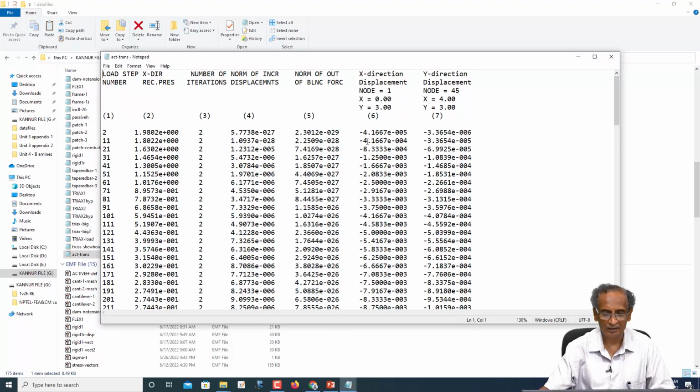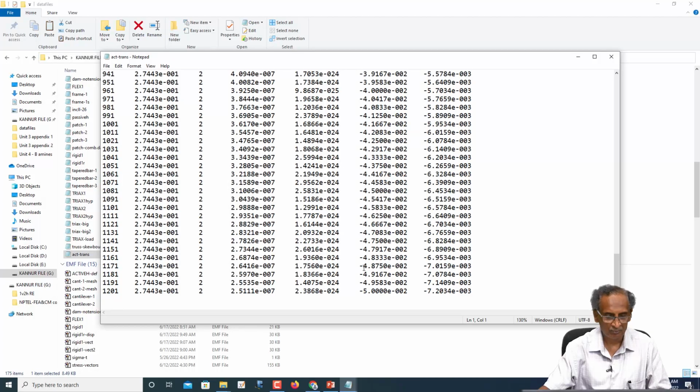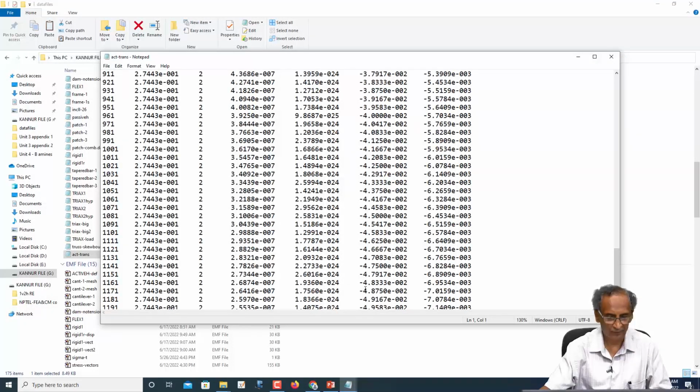This is the x direction displacement, and then at some other point we have selected y direction displacement. Then these are the displacements with the load step. Okay, we have applied a lateral displacement of up to 0.0550 mm,